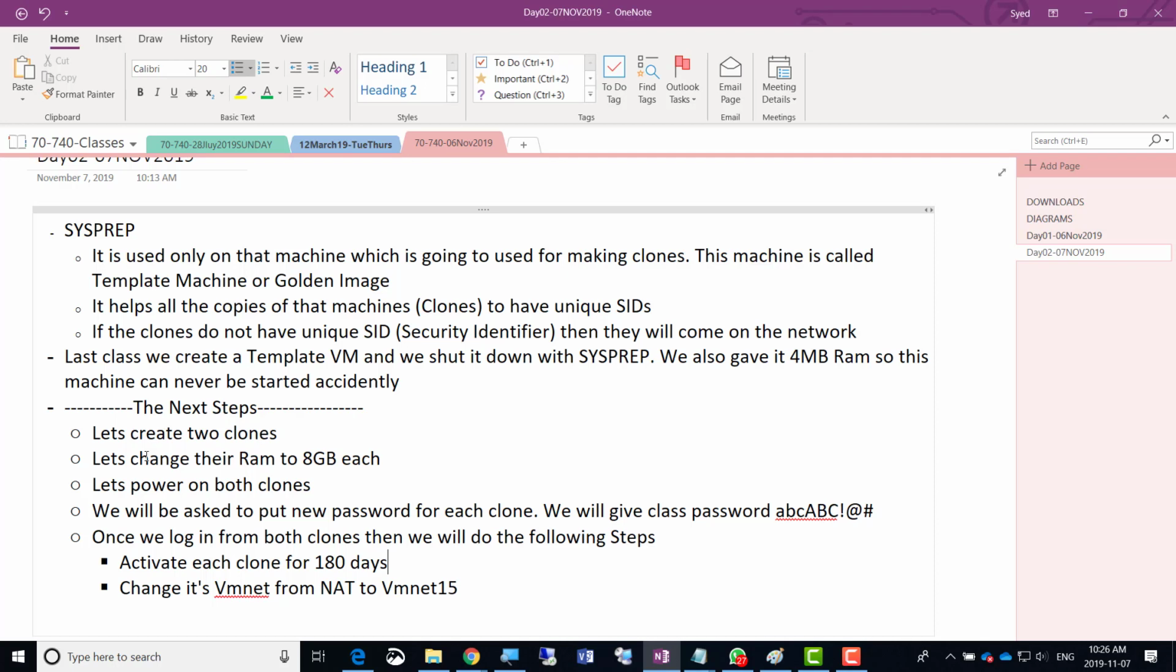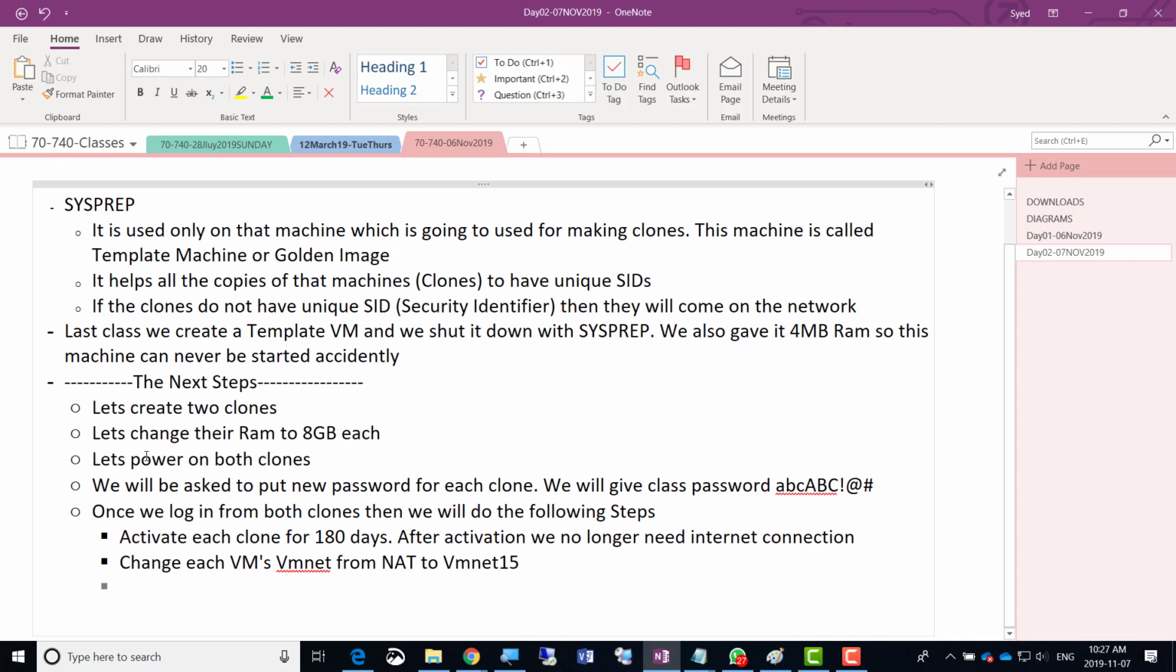So activate each clone for 180 days. That's what we're going to do. But after that, after activation, we no longer need internet connection. So then the second thing is to change each machine's VMNet from NAT. Each VM, start calling it VMs, because they are virtual machines, change VMNet from NAT to VMNet 15. And the third thing is change its IP